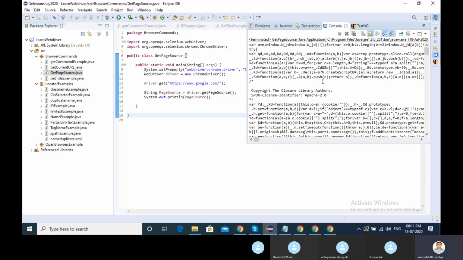So today we saw all the locators, and we saw some very simple browser commands. We saw get, which we already know, and close, which we already know. Only three things we saw today: get title, get current URL, and get page source. These three are very simple and similar commands.